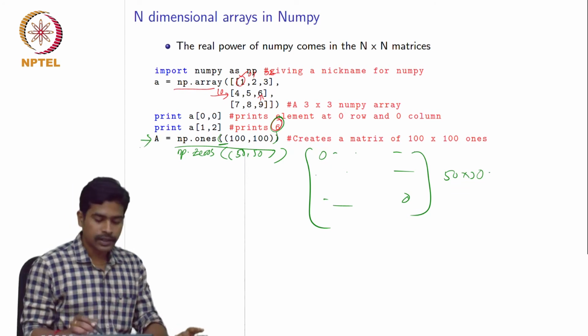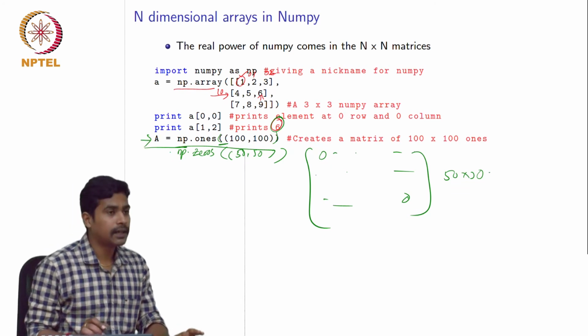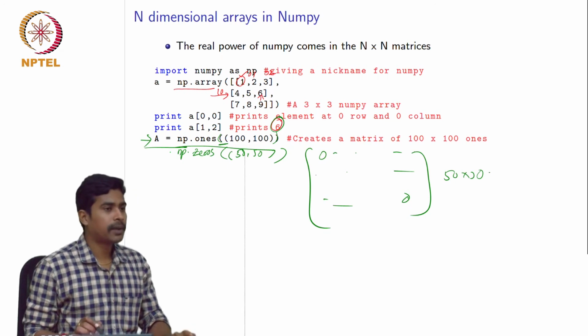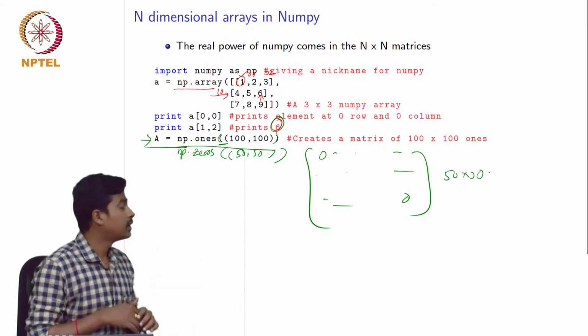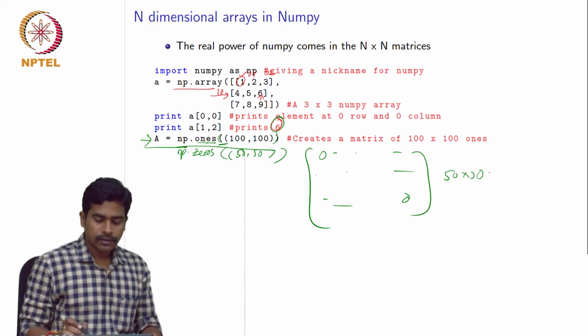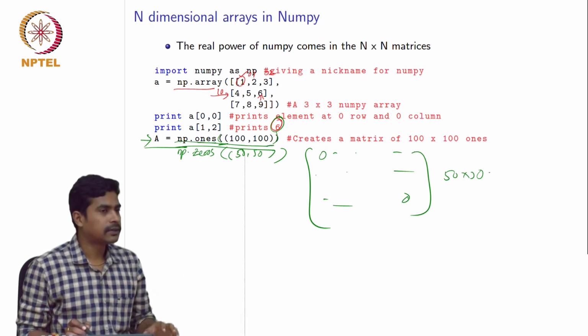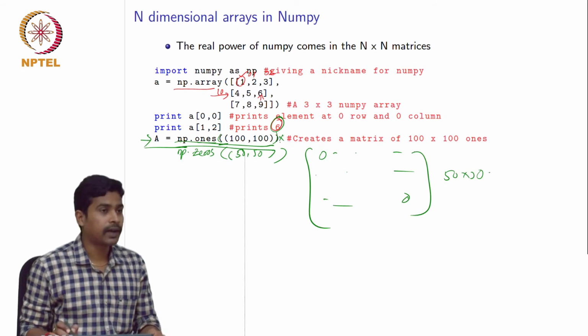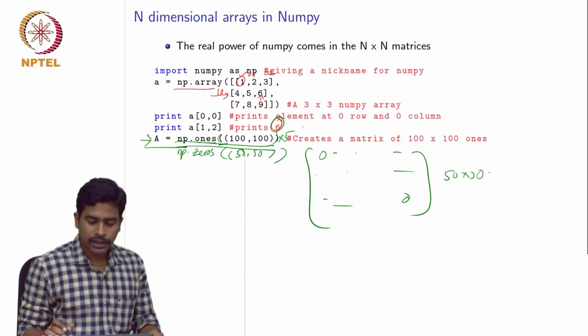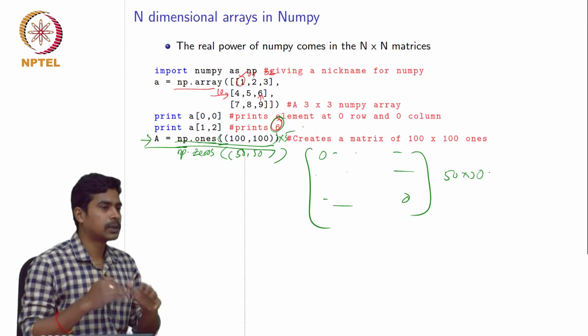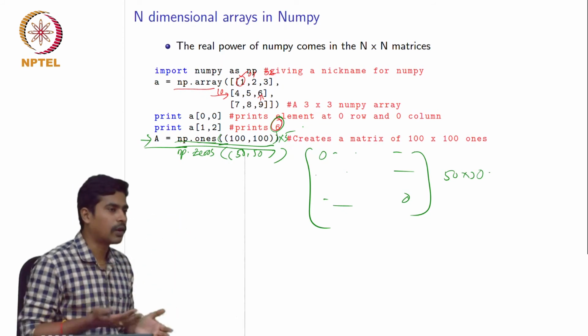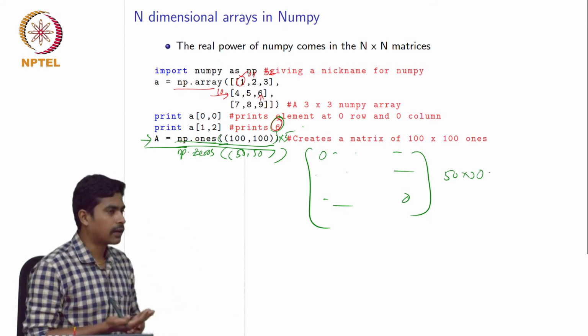So these are some handy operations in NumPy if you want to have a big array of the same values. If you want to create a big array of 5s, what you can do is create an array of 1s and just multiply it by 5. So this will convert it into a matrix of all 5s or all 100s, whatever you want.